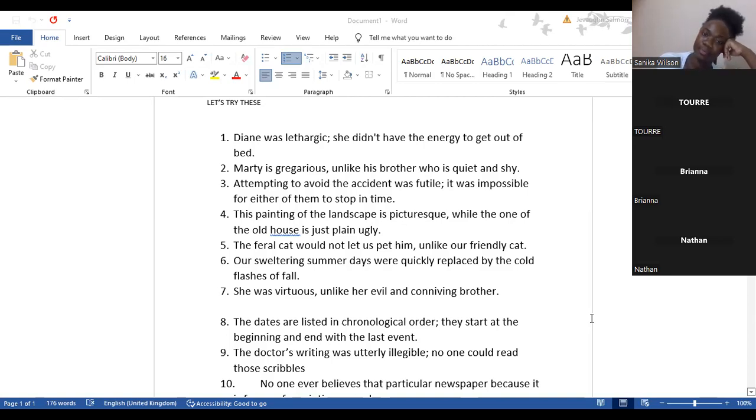So lethargic in that sentence means she was tired and she couldn't move, so she didn't have the energy to get out of the bed. And the word that supports lethargic is when it says she didn't have energy to get out of bed. And the context was, is